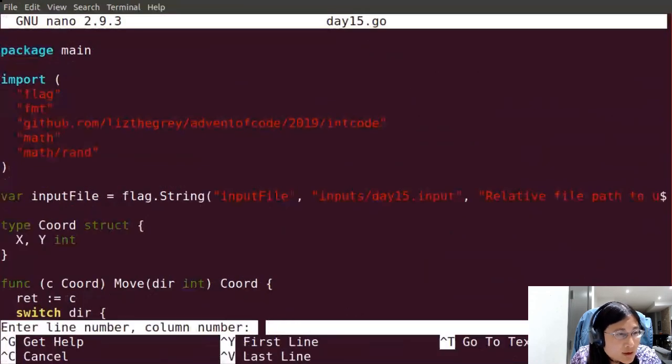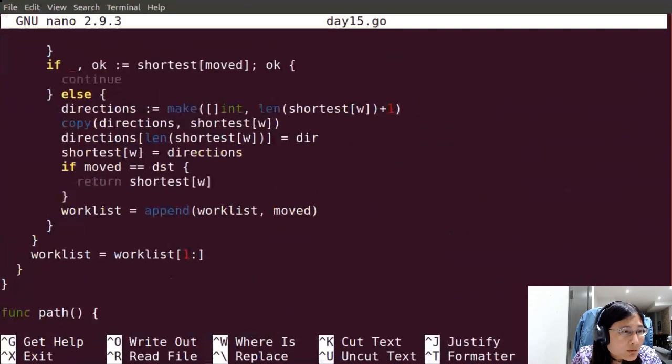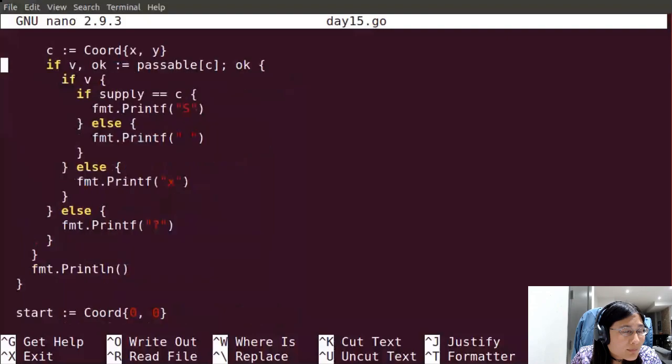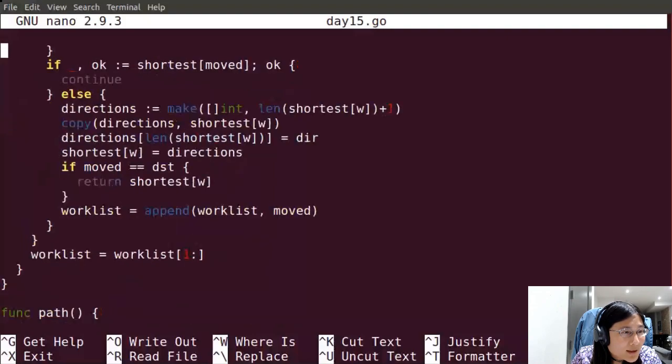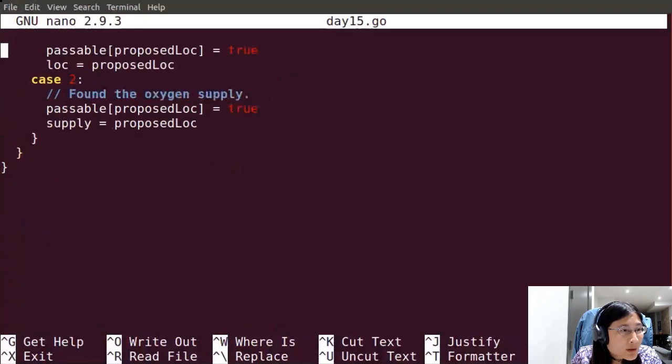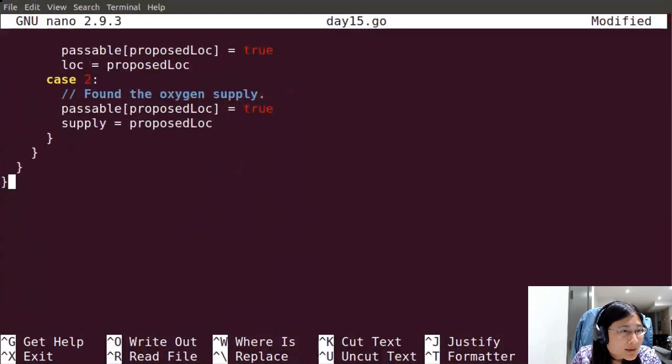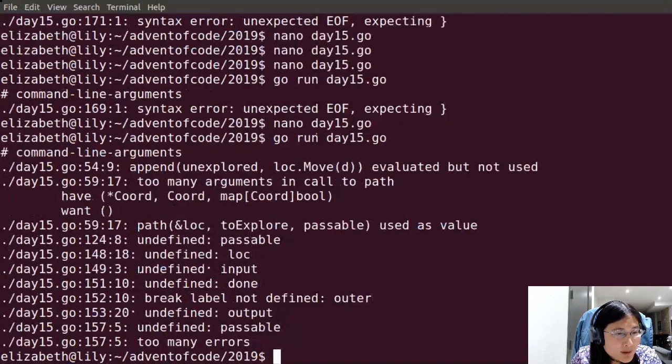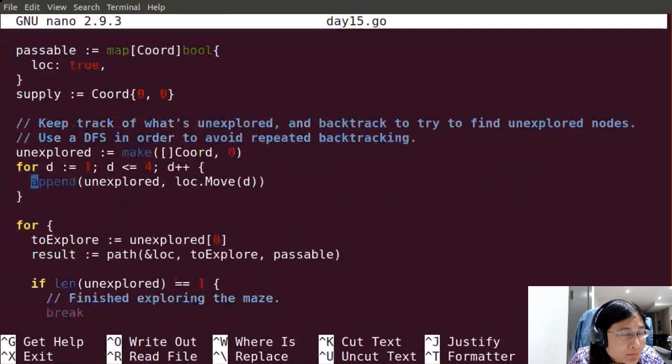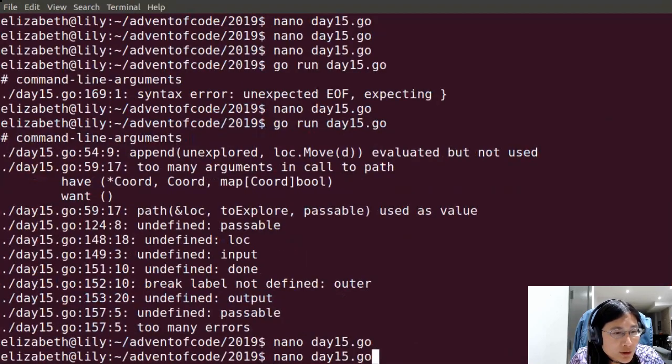Line 169. Okay, I've got the wrong number of brackets somewhere. Okay, that's tremendously unhelpful. Is it possible that I just messed this up? Okay.